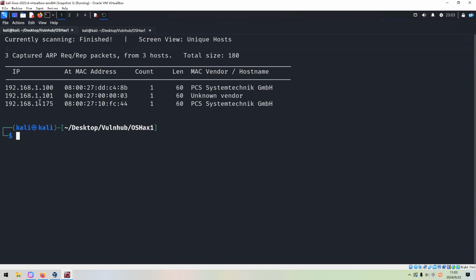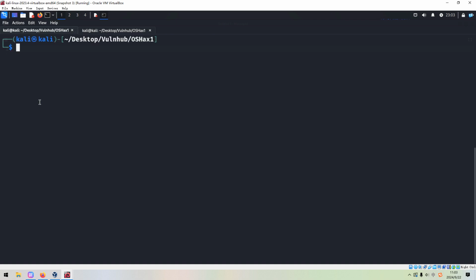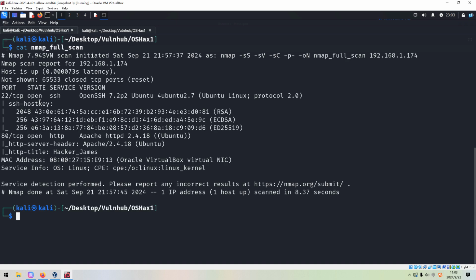So what are we going to do next? We need to do the port and service scanning with Nmap. To save time in this video, I've already completed it before, so for now we just cut out its result. I use options like the SYN scan, the version scan, the default script scan, followed by -p- to do the full range port scan. The last option is -oN to output the result into this file. Although, as you can see over here, the IP address of the target has been changed from the first time when I did the machine.